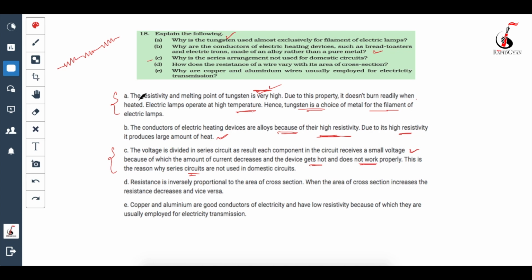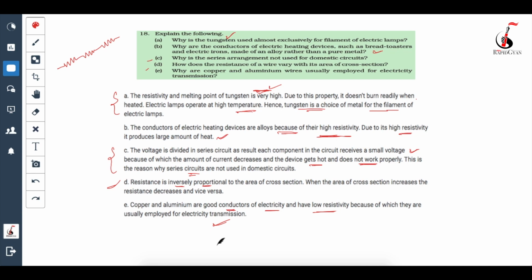Okay. Next question is, how does the resistance of a wire vary with its area of cross section? Guys, remember when I was telling you that the resistance is directly proportional to the length of the conductor and inversely proportional to the cross section area. So this is your answer, they are inversely proportional. Okay. Why are copper and aluminum wires usually employed for electricity transmission? Here copper and aluminum are good conductors of electricity, and they have very low resistivity, because of which they are usually employed for electricity